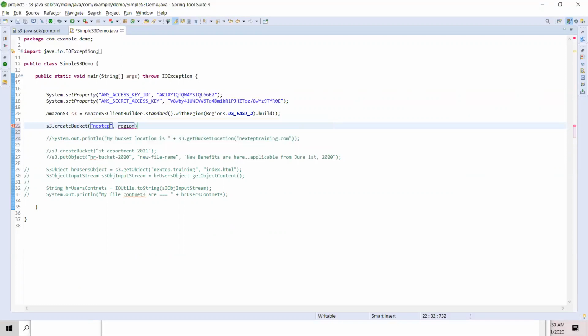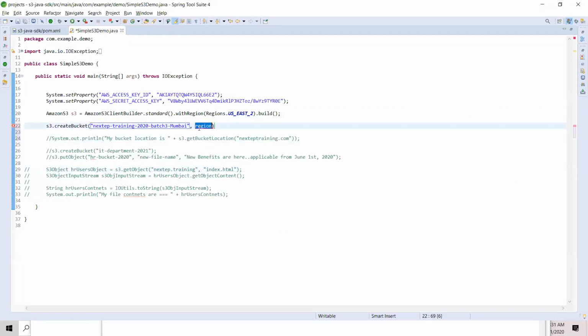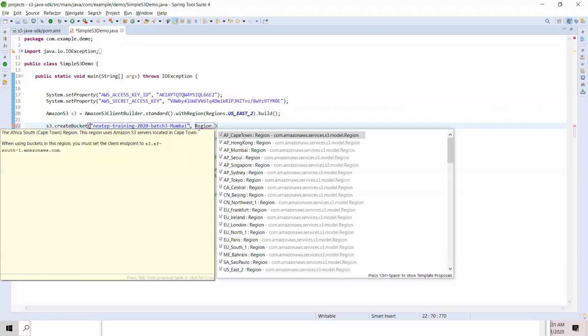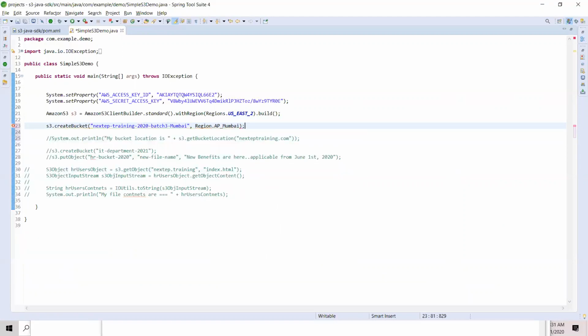Next step, training 2020 batch 3 dash Mumbai. Is it a string, or is the next one a region object? Region dot Asia Pacific Mumbai, AP underscore Mumbai. So I'm creating a new bucket in Mumbai.